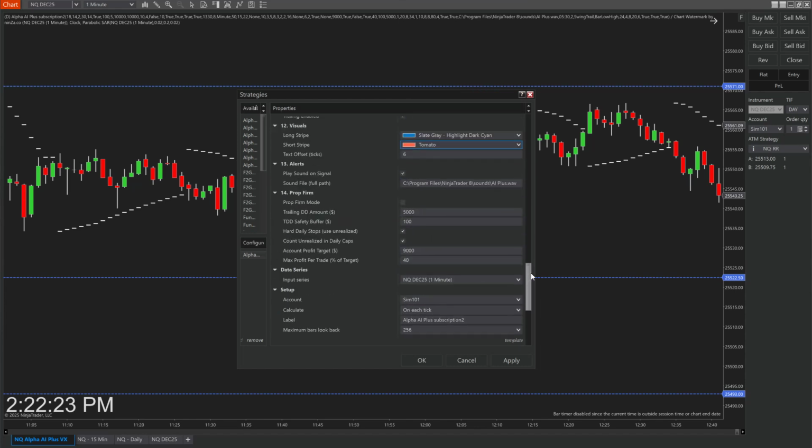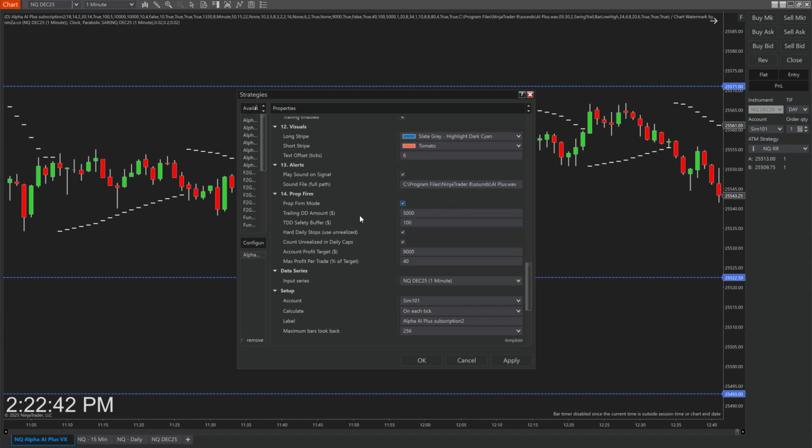Also, we have a sound alert. If you enable this, and you can add any file you want here, it will actually play a sound. And now we have a very cool option, with very sophisticated options here. It's called prop firm mode. So the prop firm mode, if you check it,